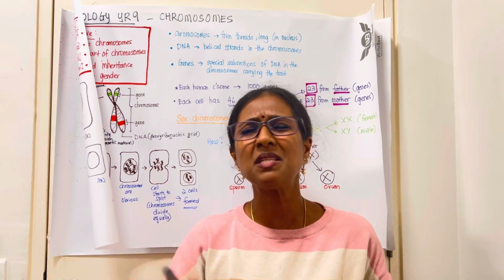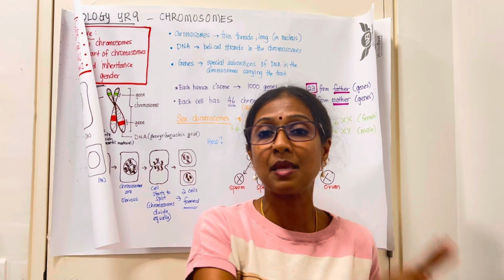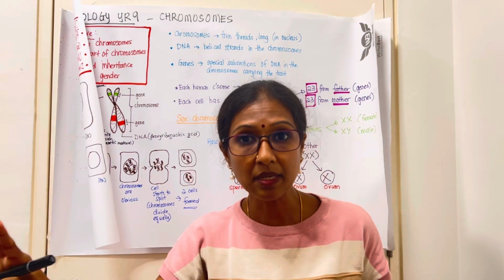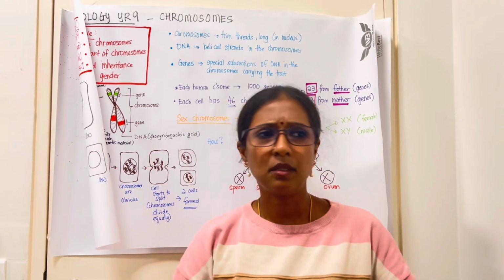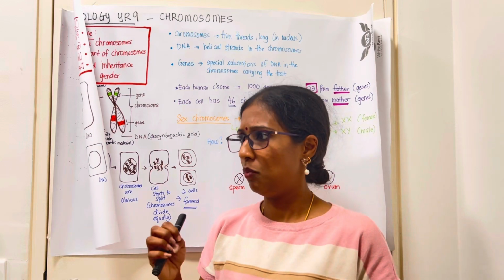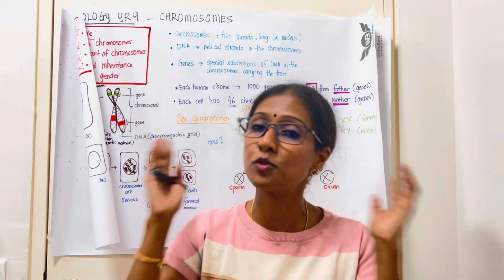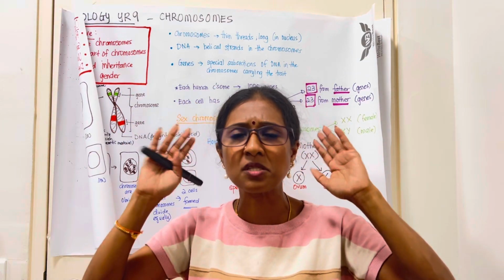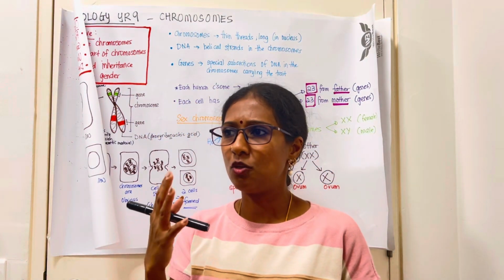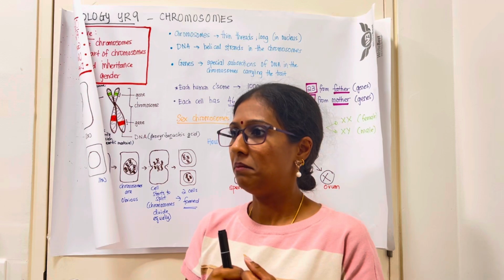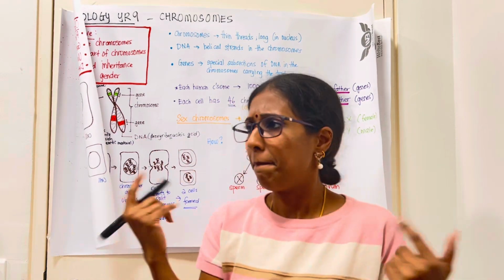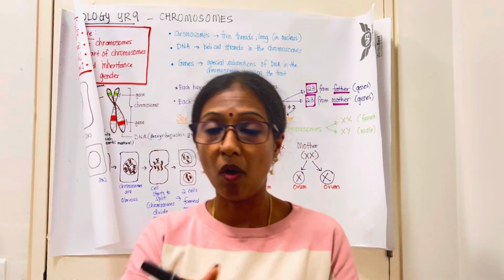That means they determine everything else in you except for your gender. Alright? That means hair color, hair type, type of lips, the thin lips, the thicker lips, the fuller lips, the earlobes, no earlobes, eyelashes, and then your eye color, size of your pupil maybe, your fingerprint, your blood group, all these are